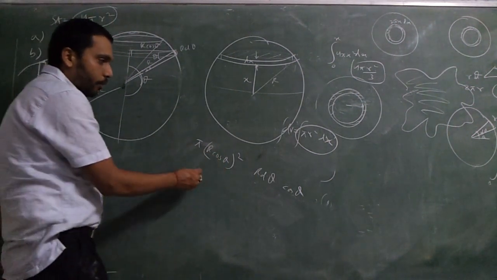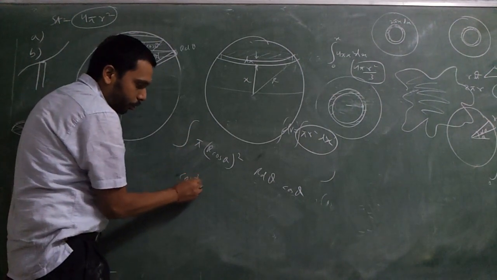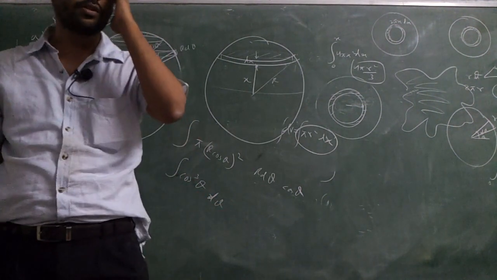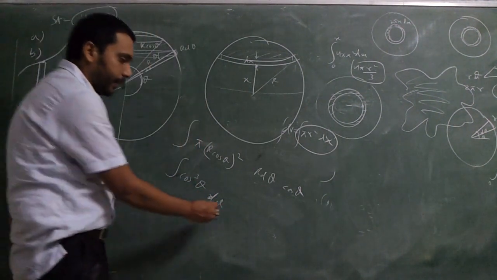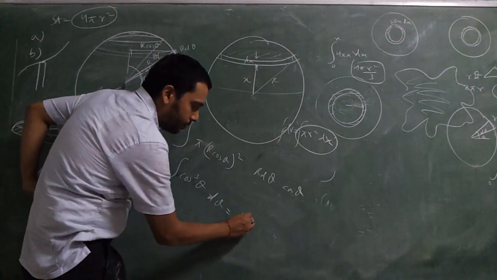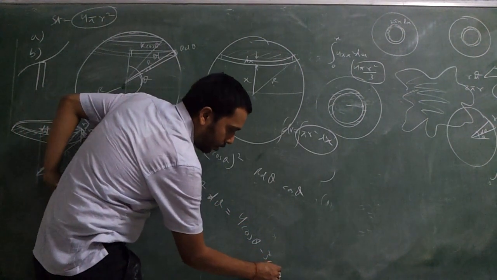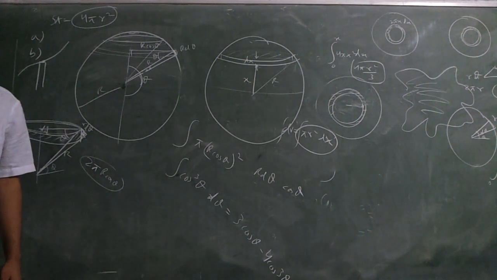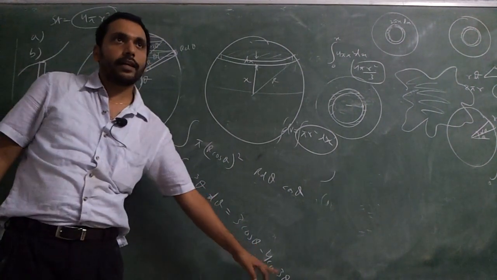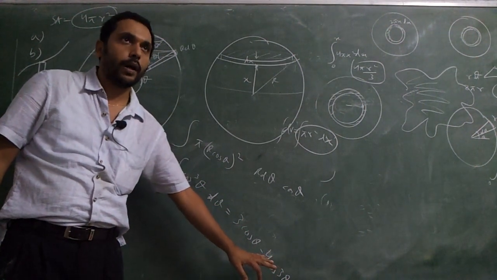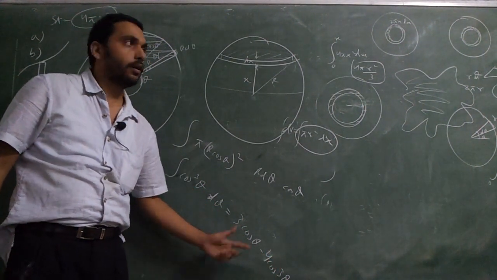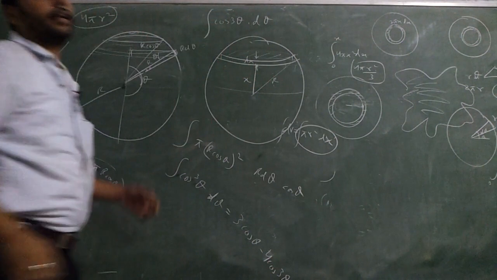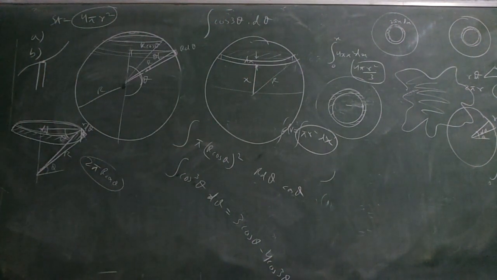So your job is to integrate this one also. Cos cube theta formula. You don't know the integration of cos cube d theta. So this has a formula of something like, I don't remember, 4 cos theta minus 3 cos 3 theta. Okay, go home, look up the formula on the net or in your books. Cos cube theta you write like this, then there is a chance of you integrating it. Why? Cos theta d theta, you know the integration. How will you integrate cos 3 theta d theta?